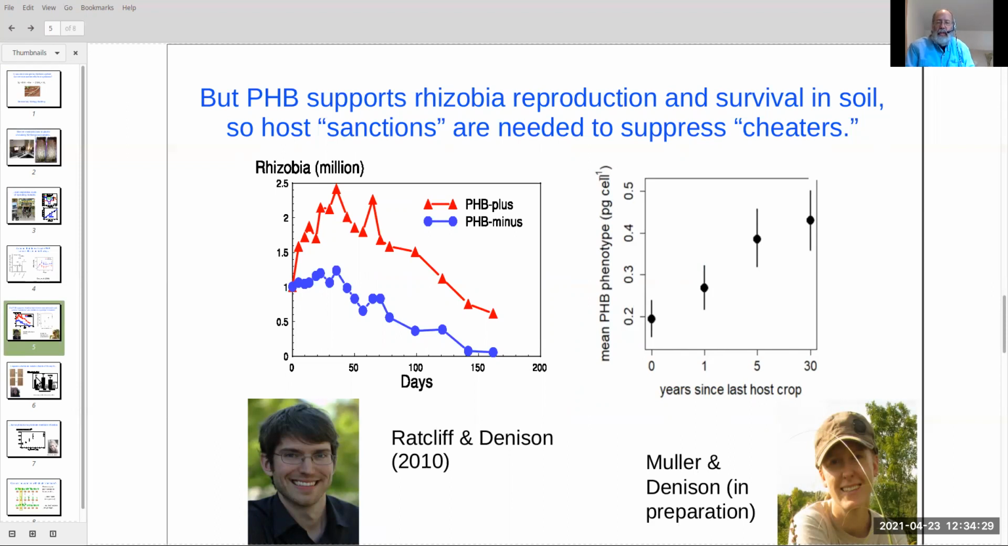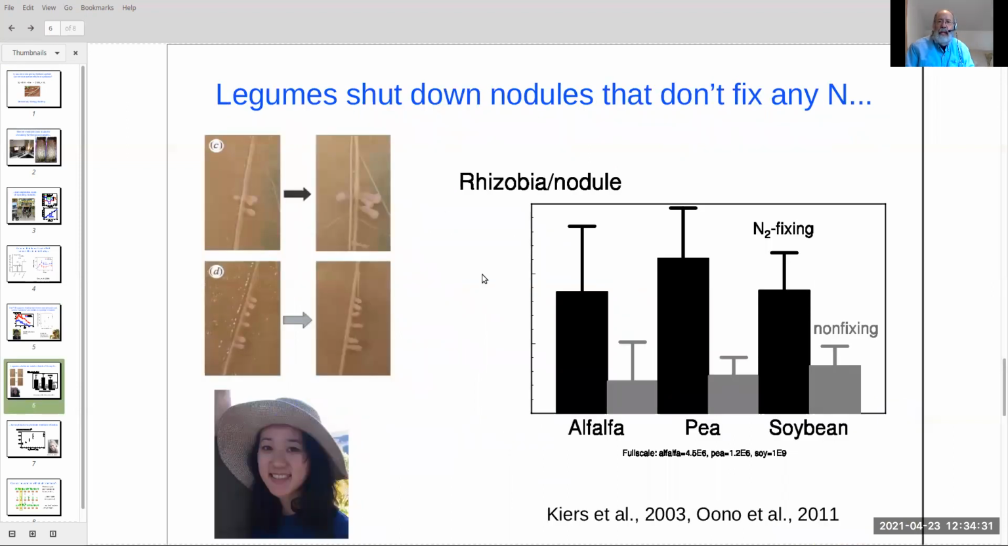So we can't just inoculate plants with a PHB knockout mutant and expect those strains to survive unless the host plants actually impose counter selection that favors more beneficial strains. And that's sort of what we're working on. Here you can see alfalfa nodules that had a nitrogen fixing strain. They grew normally and the rhizobia inside were able to reproduce. But when Ryoko Ono, now a professor at UC Santa Barbara, prevented them from fixing nitrogen, that stopped their growth